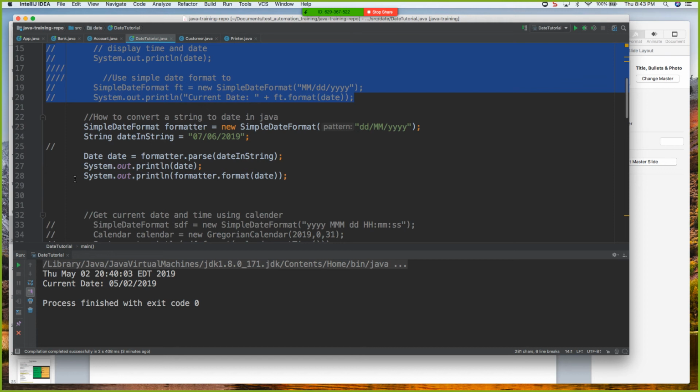But one thing to take away here is that whatever pattern you choose here has to be the pattern for your date. So you need to first find out what pattern they're using for the date. So for example, if we run this code,